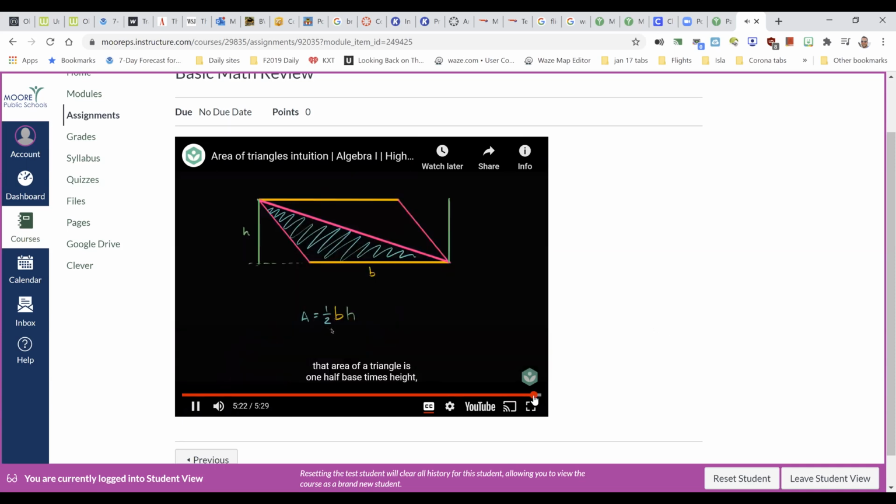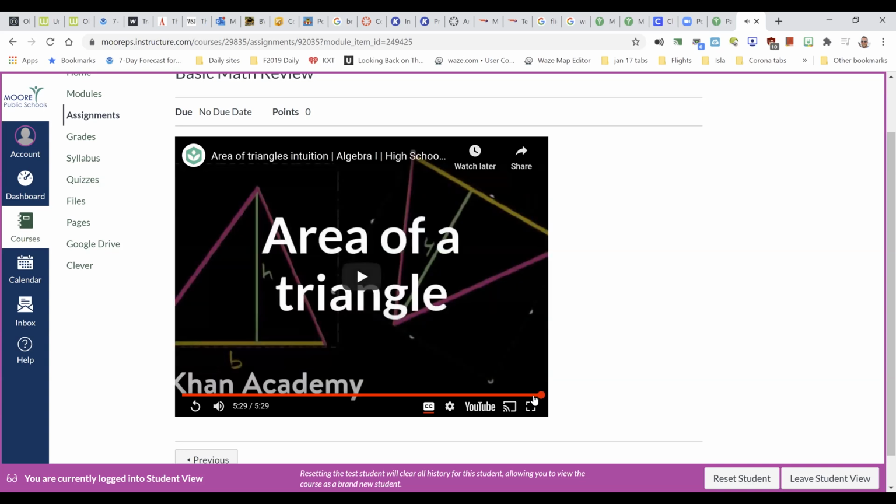When it gets to the very end, I'm just going to skip it forward here. It's got about 3 more seconds to go. When it gets to the end, you will see that it just goes back to the title screen. So if you're going to add a video inside of an assignment or something else that you are creating inside of Canvas,